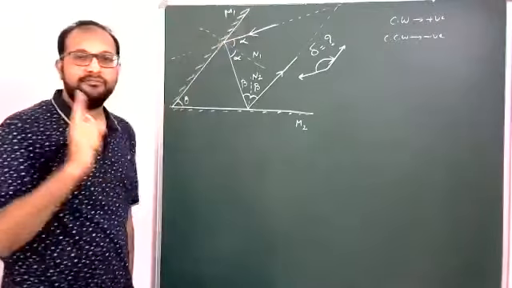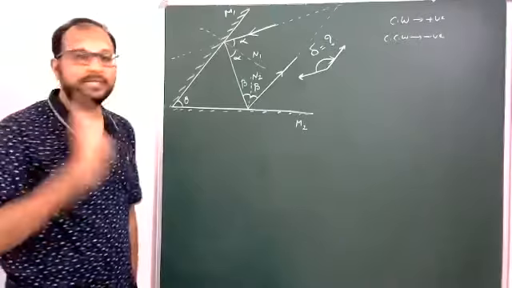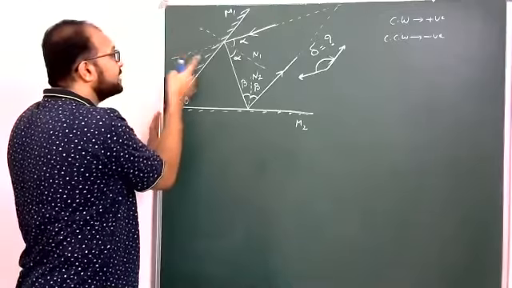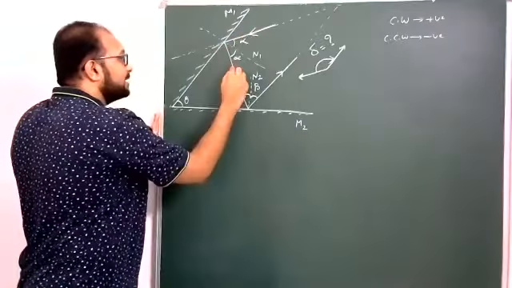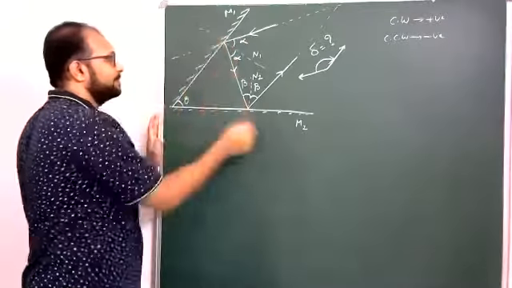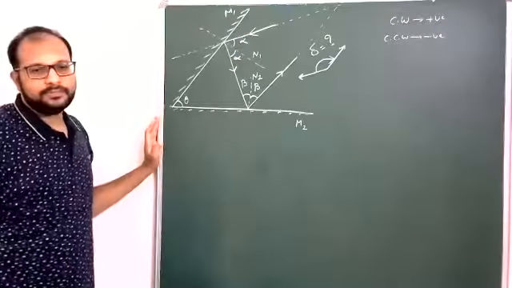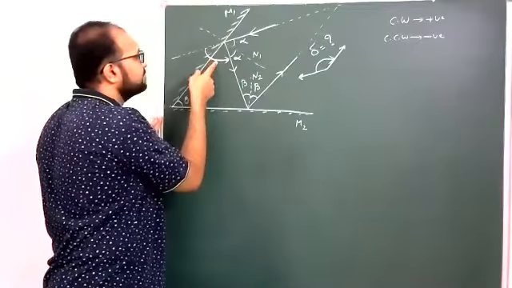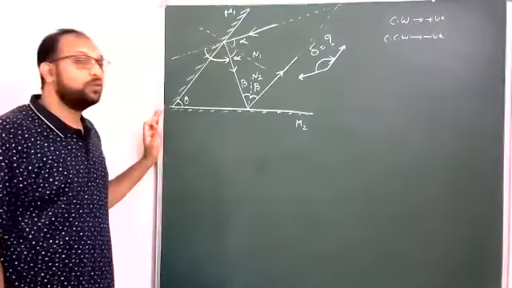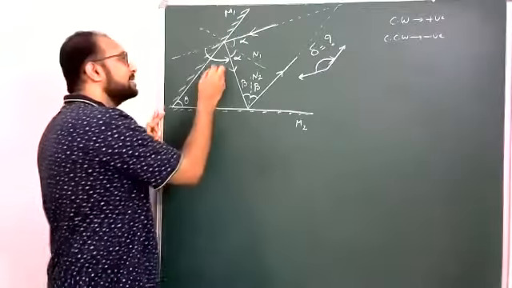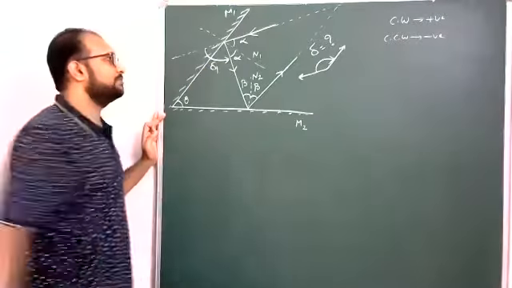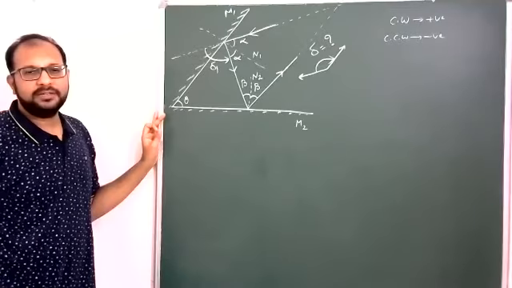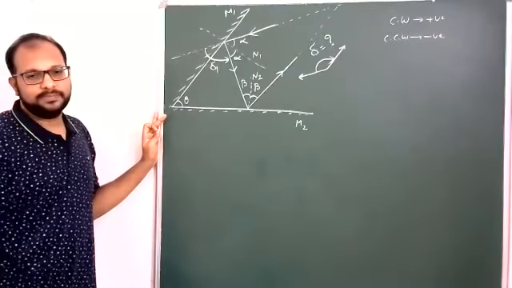Suppose there is no mirror M1. No mirror M1. What would happen? It would be this light ray. But because of this mirror, this light ray deviated in this direction. From here to here is the deviation. This deviation is in the counterclockwise direction. This deviation I am assuming delta 1. I am assuming delta 1 is the angle of deviation at the first reflection.